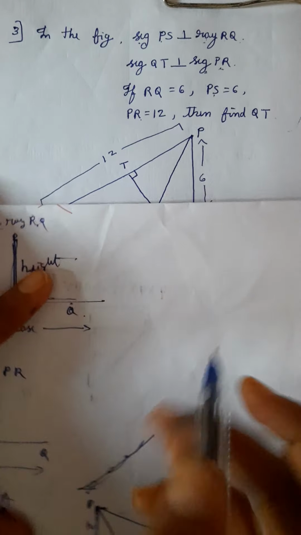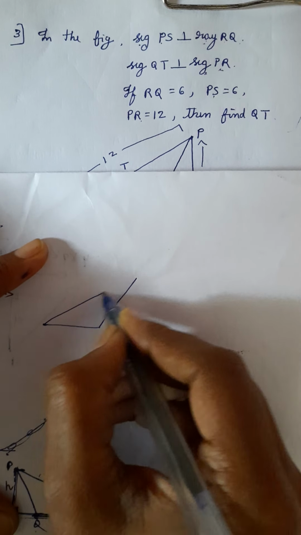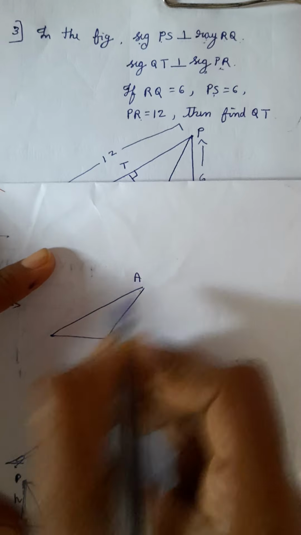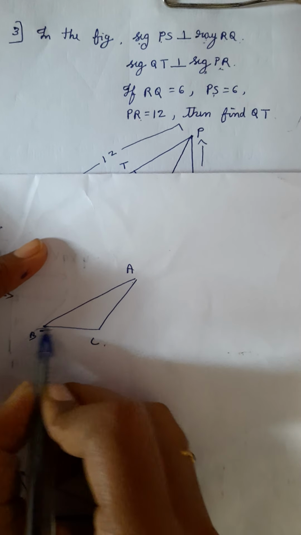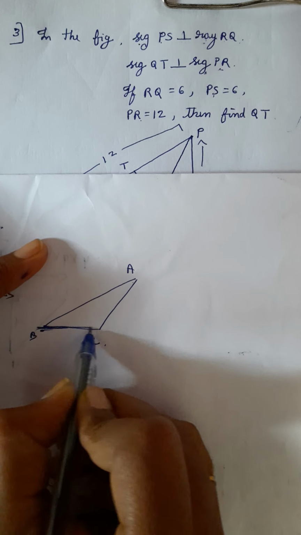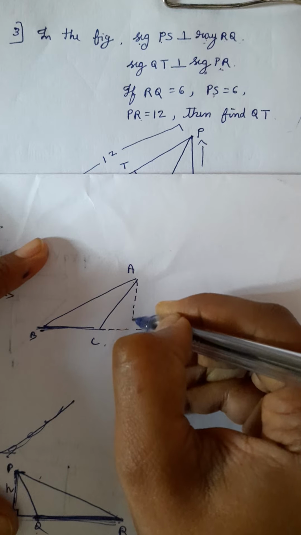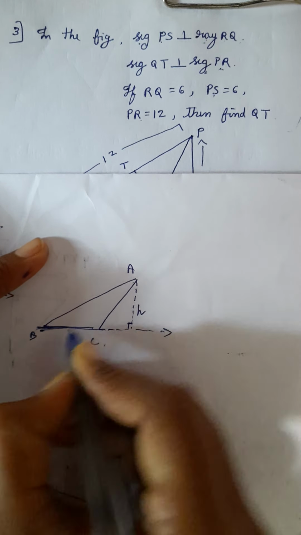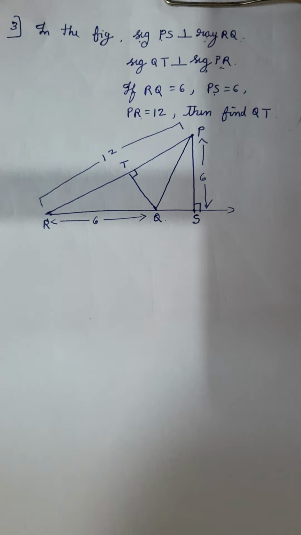Okay, in an obtuse angle triangle, if I draw like this, this is also an obtuse angle triangle. So A, B, C. Then how to draw the height here, the perpendicular distance? Extend the base outside and draw the perpendicular line here. This will be the height and this is the base. Okay, now come to this. In this question,